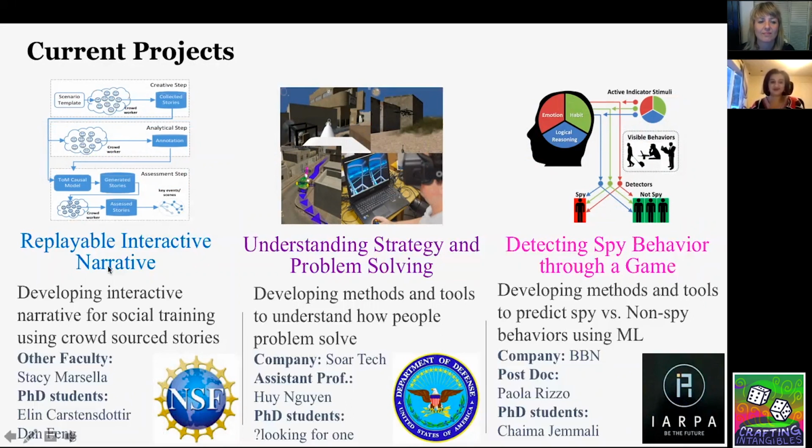So we're thinking about using crowdsourcing as a technique to augment the design process, so that the developer or designer would be looking at constraints for the crowdsourced stories rather than developing all the story content themselves. Another project looks at how people formulate strategies or solve problems within a team-based game. And another one is looking at whether we can model spy behaviors, or people betraying each other in a game, and whether that can transfer to other environments in real